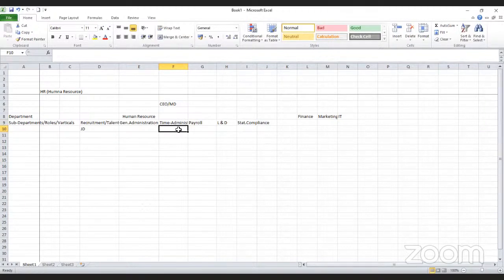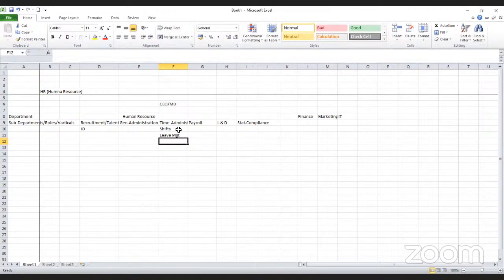They are the ones who take care of managing individuals' shifts. Shift planning is one of the key roles to be performed by the time administrator. Leave management means, in fact, whenever you join any company or organization, the companies